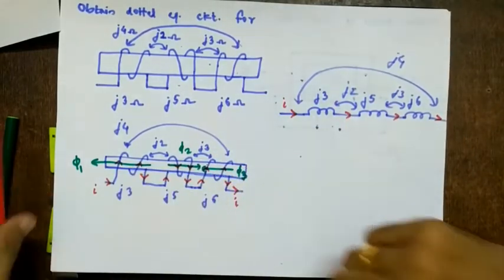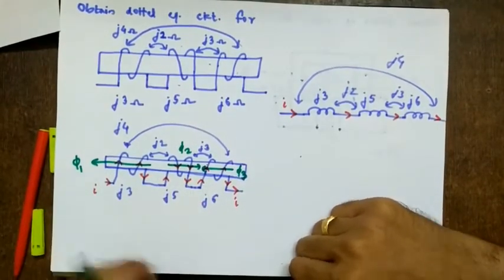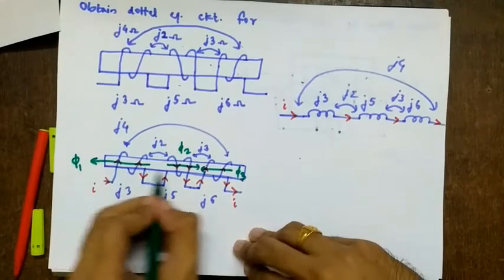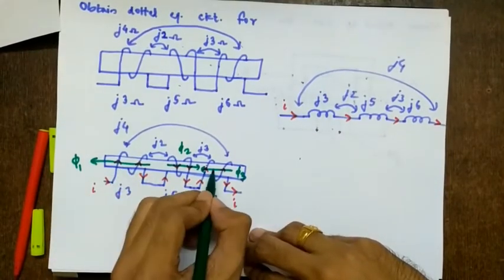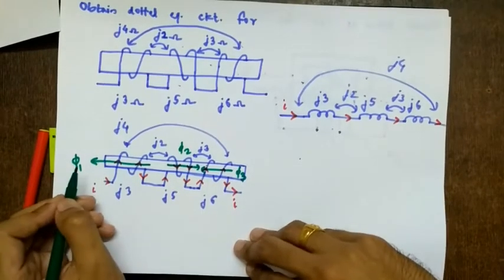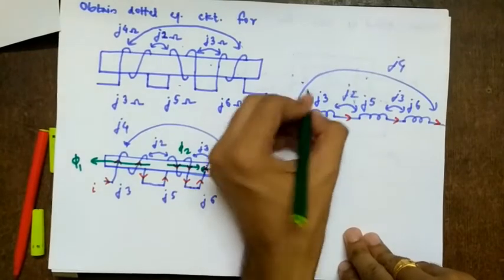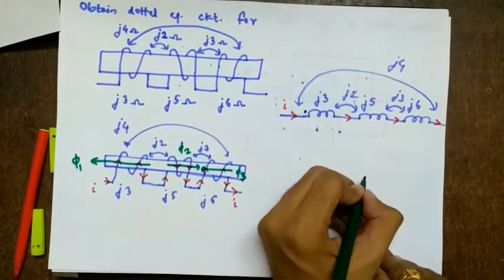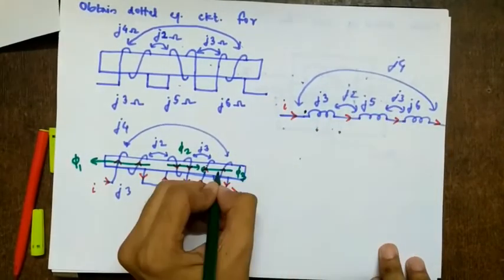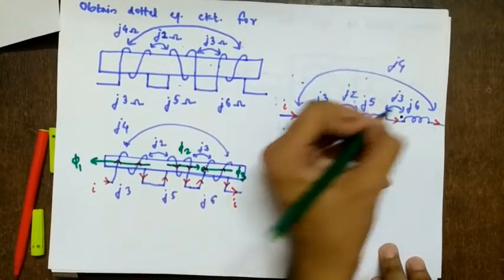Right? Now let's see the dot convention. First see which are aiding each other. These two are opposing. First and third are aiding. Both are towards left. This is the arrow towards left, and this is the arrow towards left. So current should enter both of them. Right? So here it is entering, so here is the dot. Where is it entering for the third inductor? Remember you have taken first and third. It is entering here, so this should be the dot.